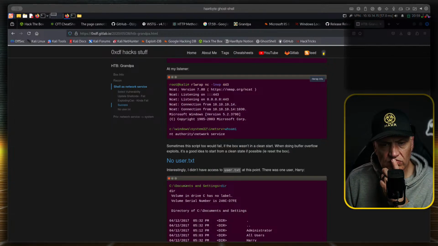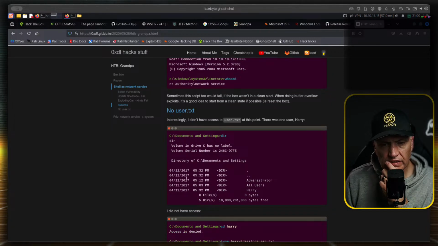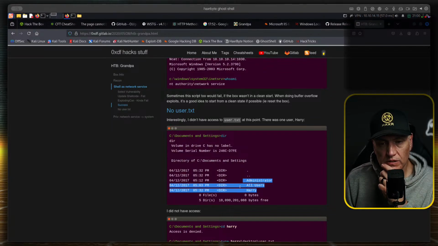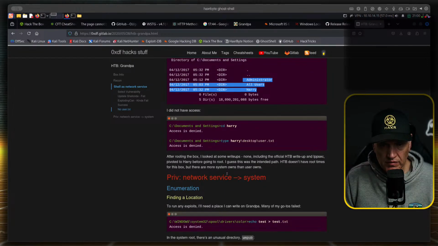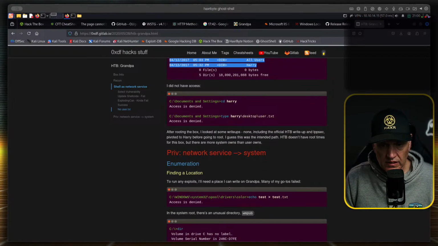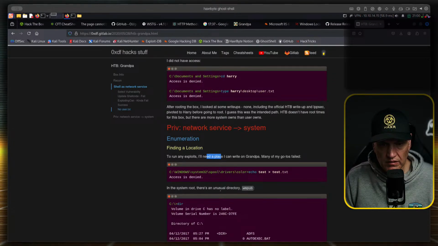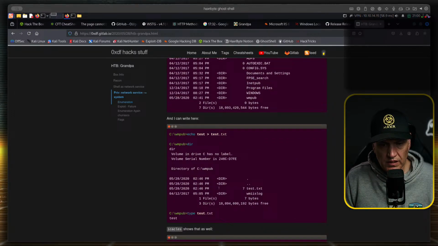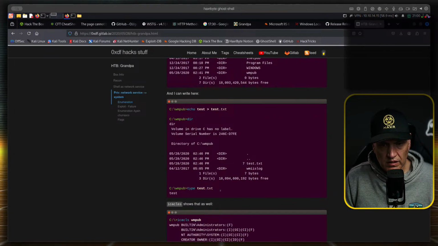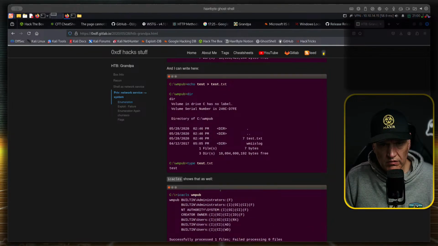Interesting. I did not have access to, I saw that. These are the folders we saw. Access denied. Didn't get privilege escalation. Need a place where I can write. Okay. We managed to put a file in temp. Okay, you could write there.